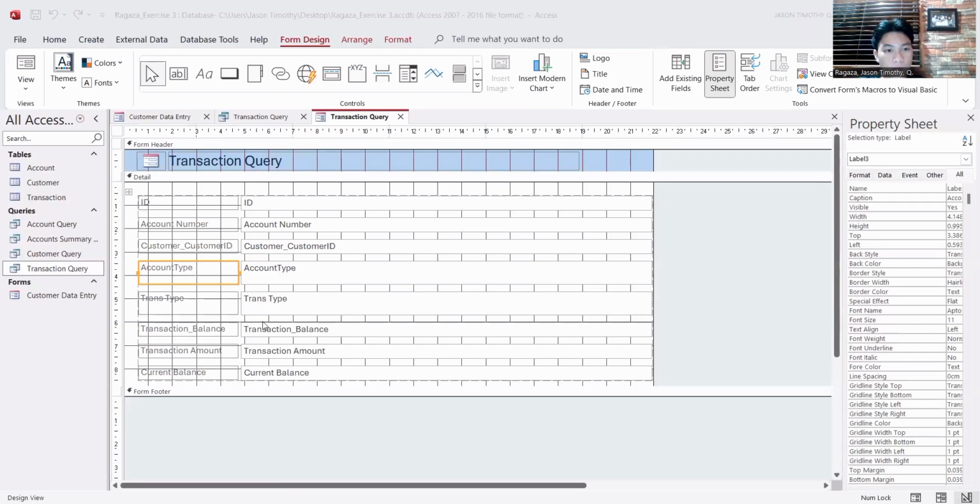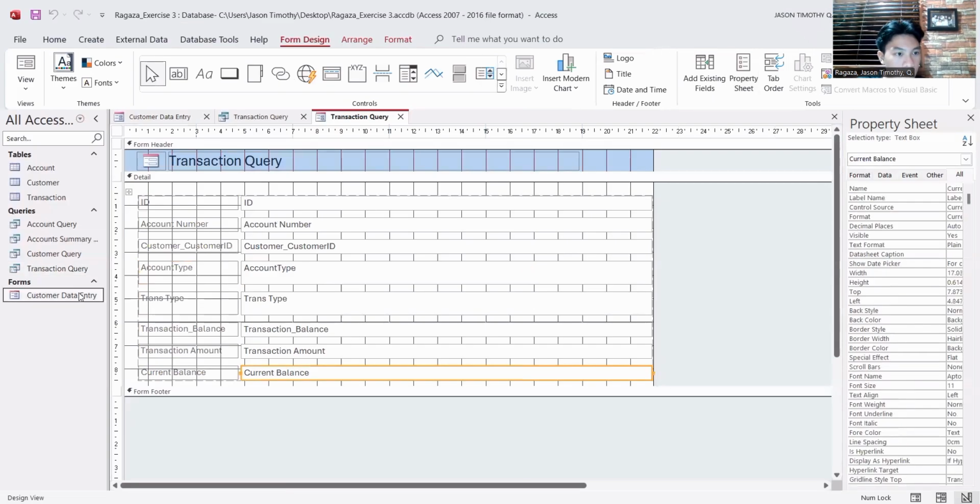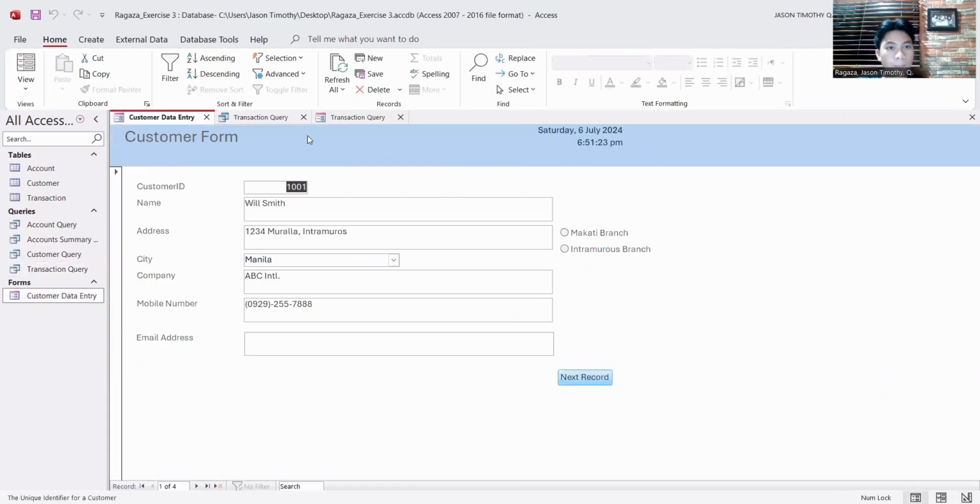And yeah, this is it. And then click on the next record. So we made a running query now.